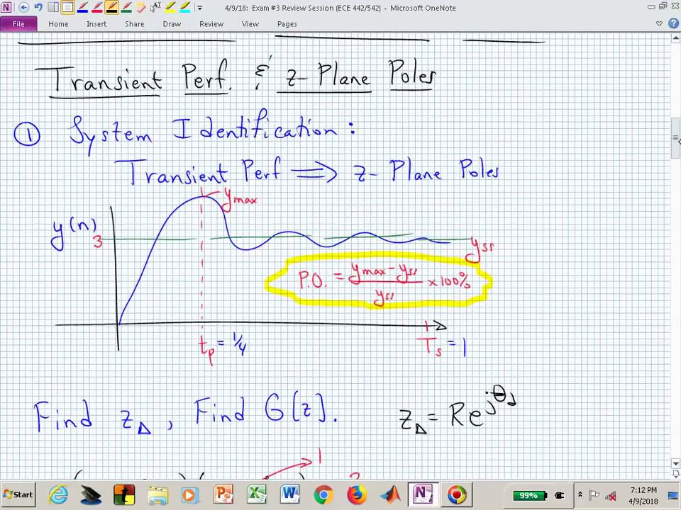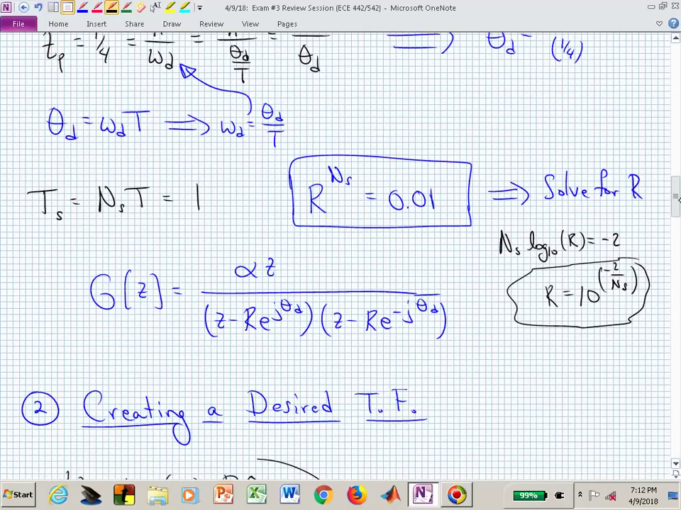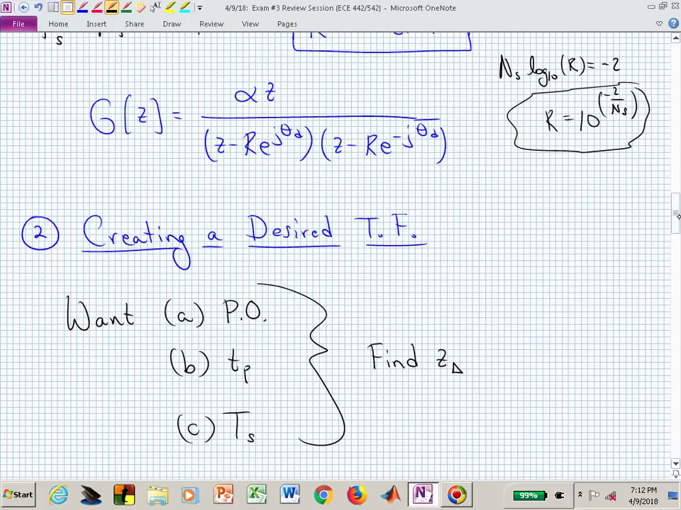Again, we're staying with this transient performance and z-plane poles. We did it for system identification. We can also use it to create a desired transfer function. I could now give you performance specs, and you now come up with a G of z. The other way, we had the performance behavior, and we found G of z. Now, if somebody gives you the performance or the percent overshoot, what does that make you think of in terms of